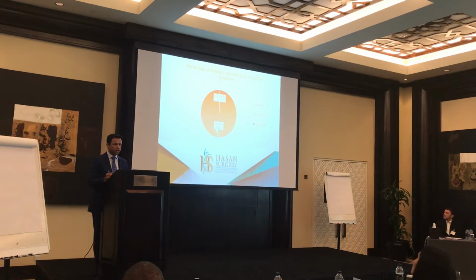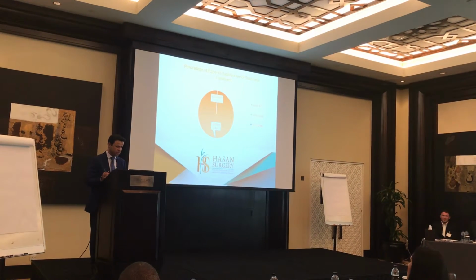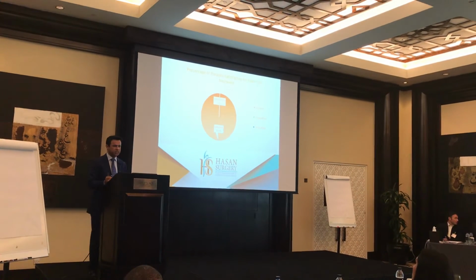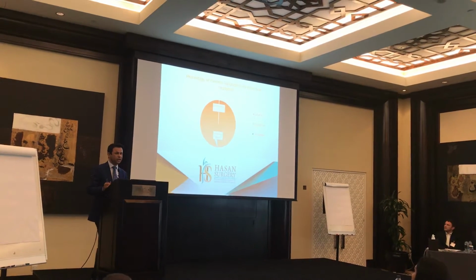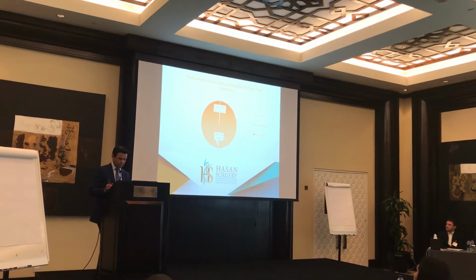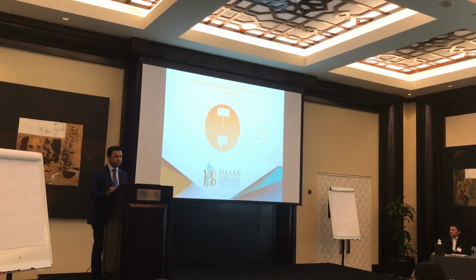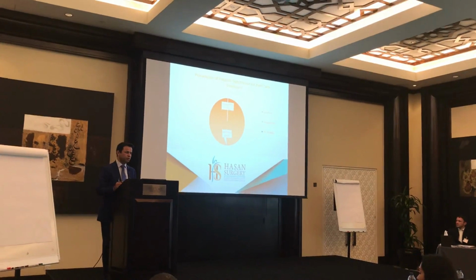Now, for all the scar treatment that we have done, we have almost 100% satisfaction. This is very encouraging to see that all patients were very happy with the treatment. The other very challenging thing is the cost of the treatment. Obviously, the cost is quite high for this kind of treatment, and therefore we do not get a lot of patients who would like to do this because they get an offer for other treatments which are much cheaper. So we have to have a significant improvement in order to